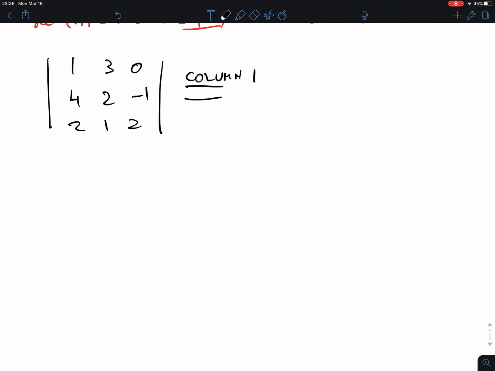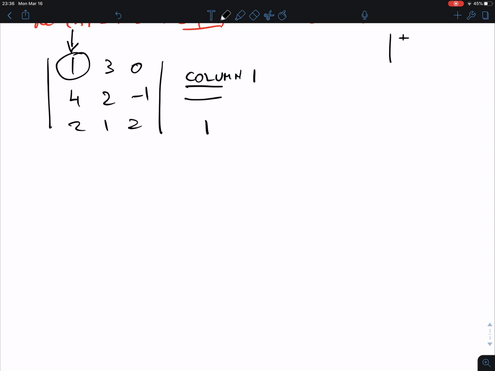Stop the movie, try to do it yourself, and once you've done it, double check how I explain it. I'm going to do this now very quickly. Column 1, we are talking about this column. So we walk through this column, all right? And we do this as follows. This is our first element. So 1,